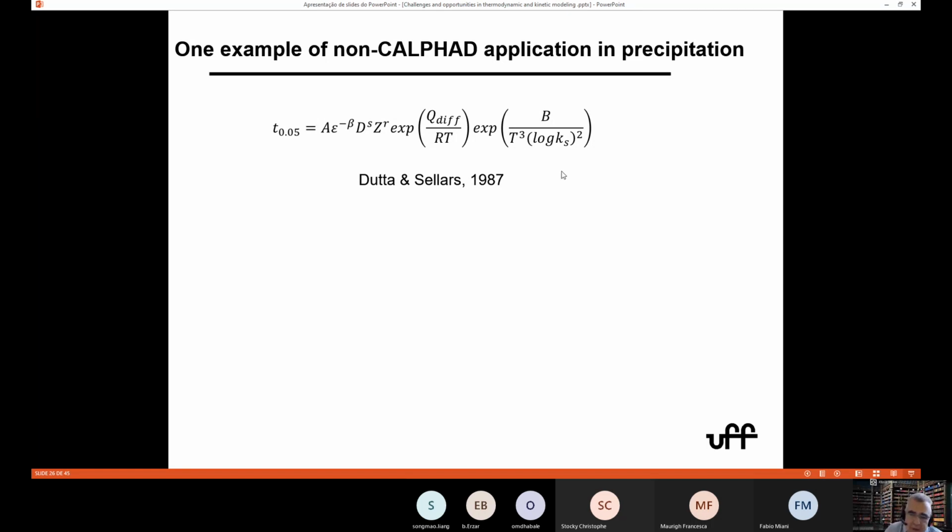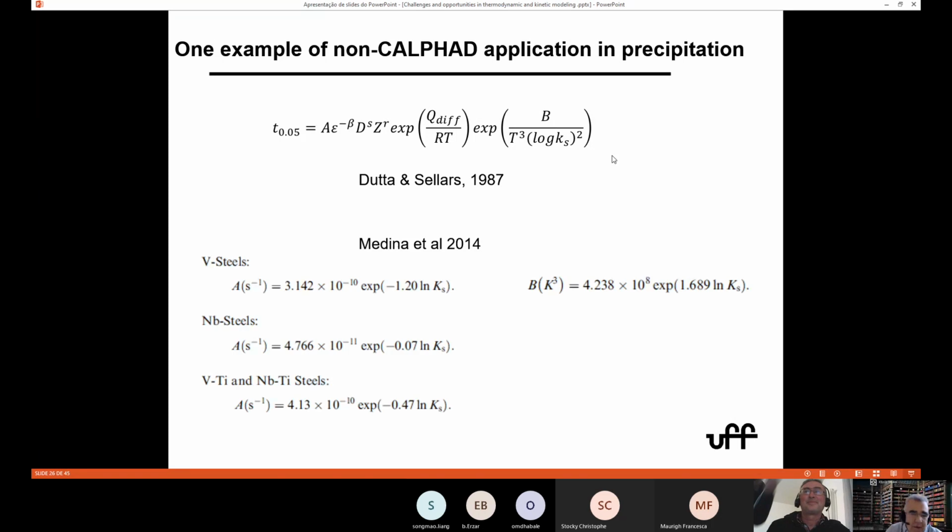So the thermodynamic center here is the solubility product, and then all these things are just nucleation and growth phenomena: diffusion, nucleation factor, and then he calculates the time for 5% precipitation. And it sort of works, it's nice. But now what happens? Since it doesn't work perfectly, then people say, well, maybe this